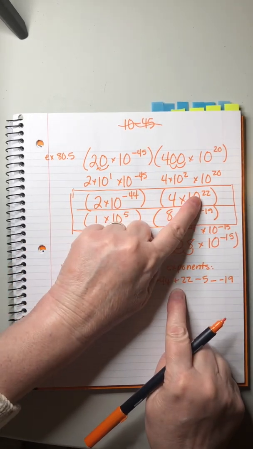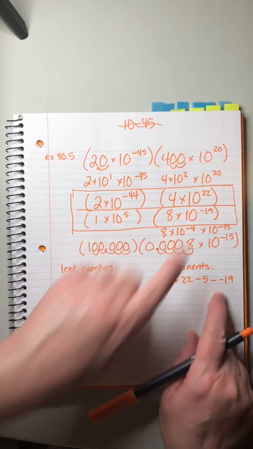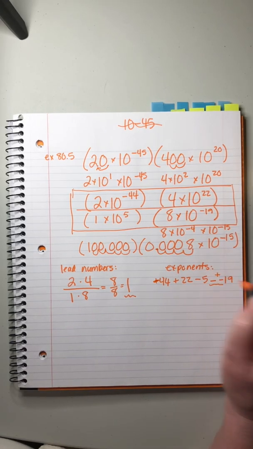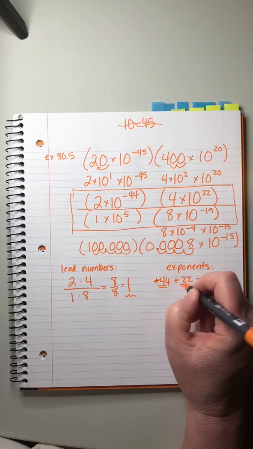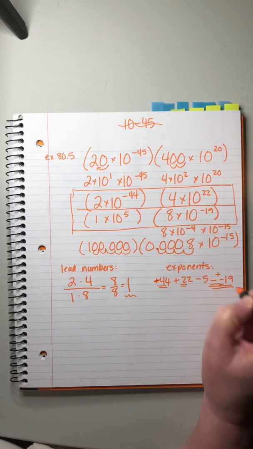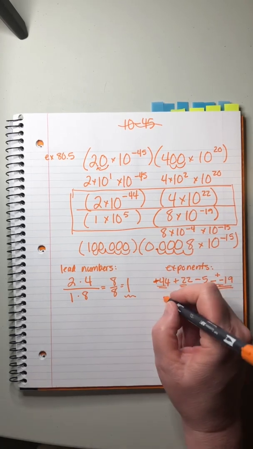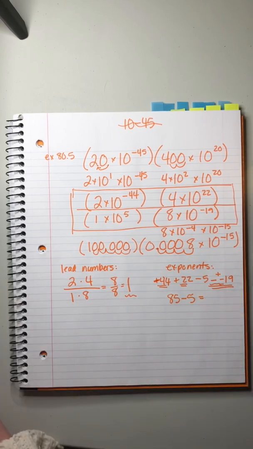We add the 22, then we subtract what's on the bottom, minus 5 and minus the minus 19. So this turns into a plus 19. So we have 3 numbers that we're adding. That's 66, 85 minus 5 equals